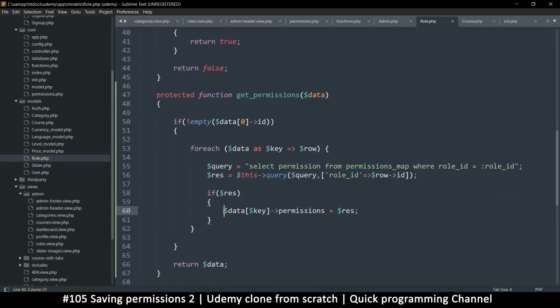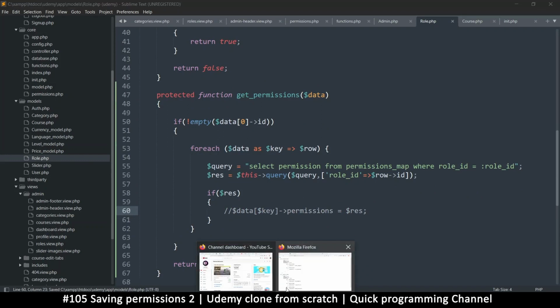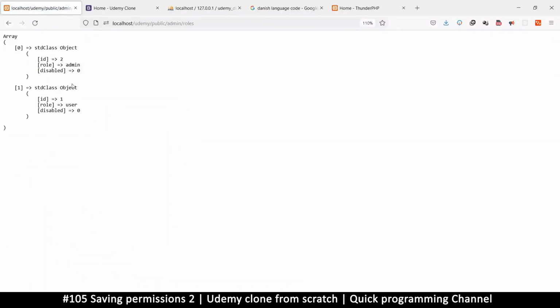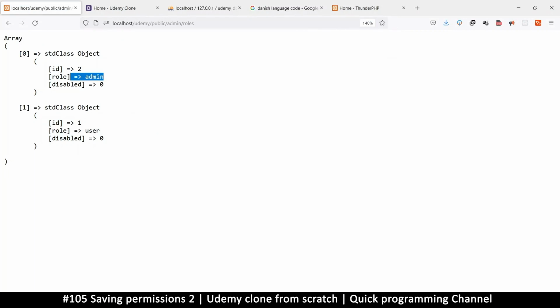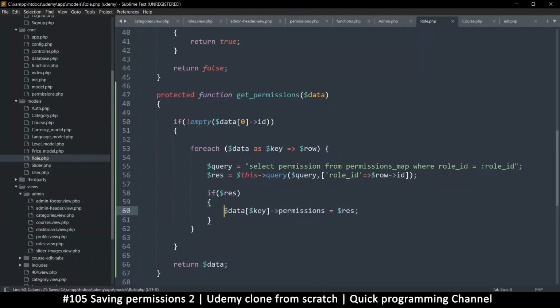So the point is this. If I remove this, you can see what's going on here. If I refresh, you see that this is the normal row I get. There's an admin, there's user. Quite normal, but it doesn't tell us which permissions are allowed in each one of them. But if we do this,